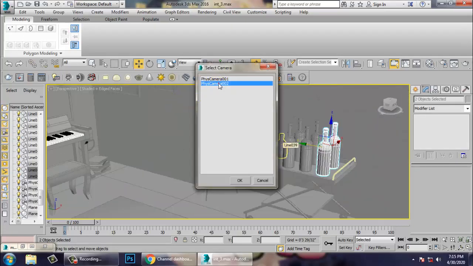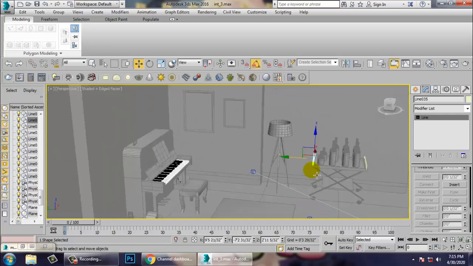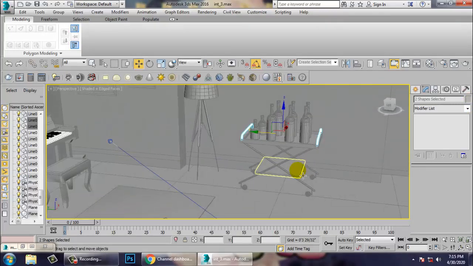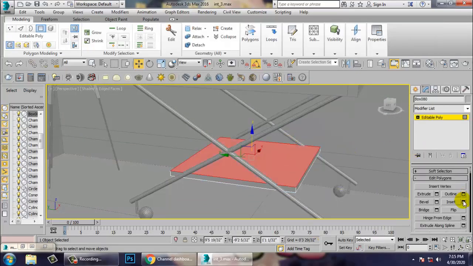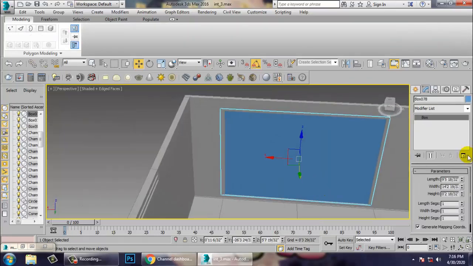So once you again switch back to the camera view over here, you can just show this stuff. Select this and this. Let's give a color. Save your file over here. So same thing, we need to do it over here. So select this and just give a bit of inset and let's give extrude. That's it. Alright. So for this we'll just create a window over here.